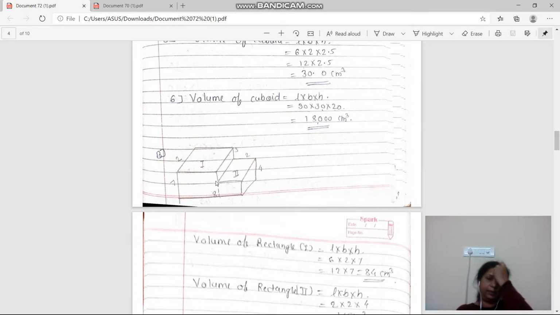In exercise 8.2 we split up the diagram into rectangles, and here we have to split up the diagrams into cubes or cuboids. In the B question, first see here, I have split it up into first and second cuboid. It is a cuboid. By mistake I have written rectangle here, please correct it, it is a cuboid. So volume of cuboid is equal to length into breadth into height. So what is the length? This is the length. So what is its length? See here, this